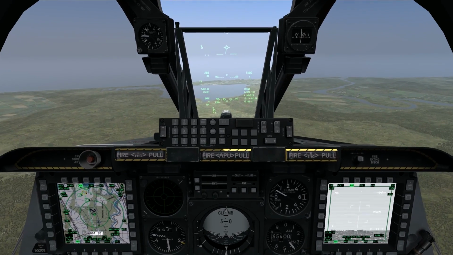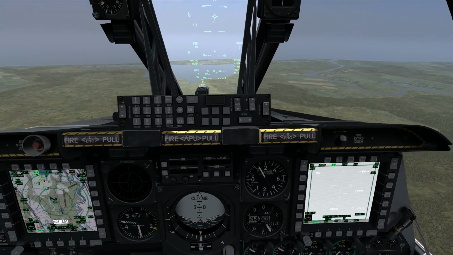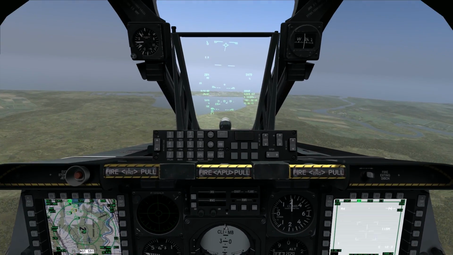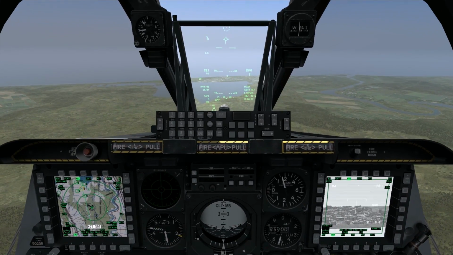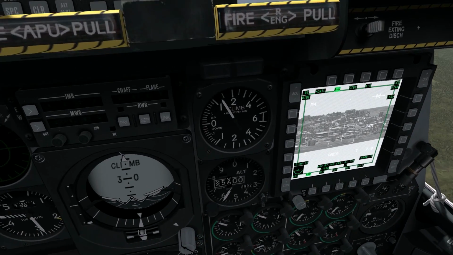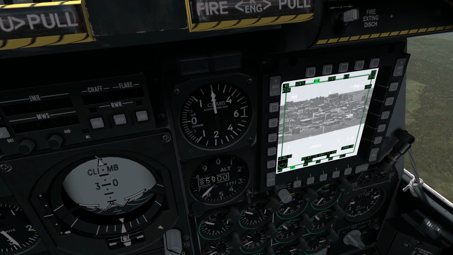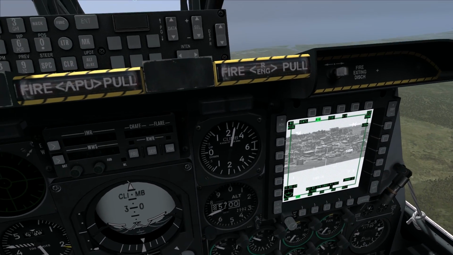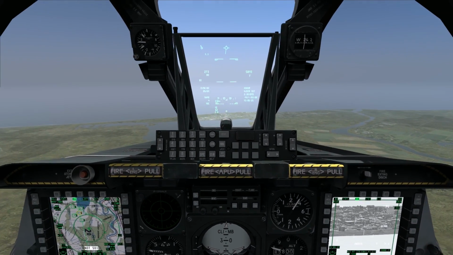I'll worry about that later. Make my targeting pod my sensor of interest, slew my cursor down to a likely looking target. We'll just go for a random building out here. This little group of buildings right here will do nicely. And you just have to point at it, go TMS